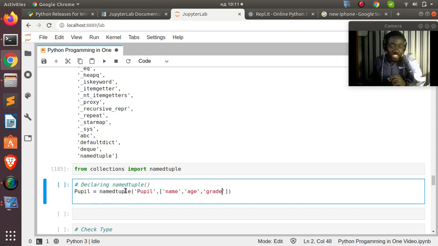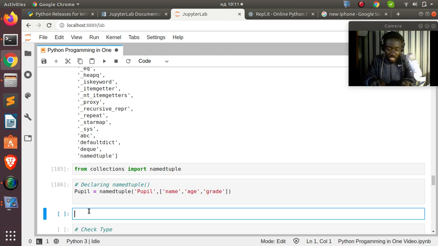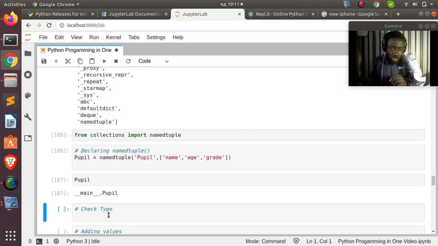So this is going to create a blueprint, which is a namedtuple, that I can use to create different namedtuple objects. So that is how to declare a namedtuple. Very interesting. Now if I go with people like this, it's going to print it out perfectly for us. So you see that this is the main and this is a tuple. If I check for the type of this